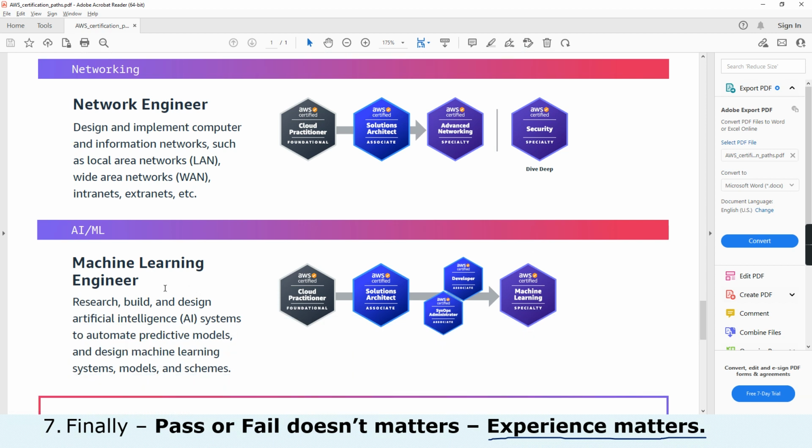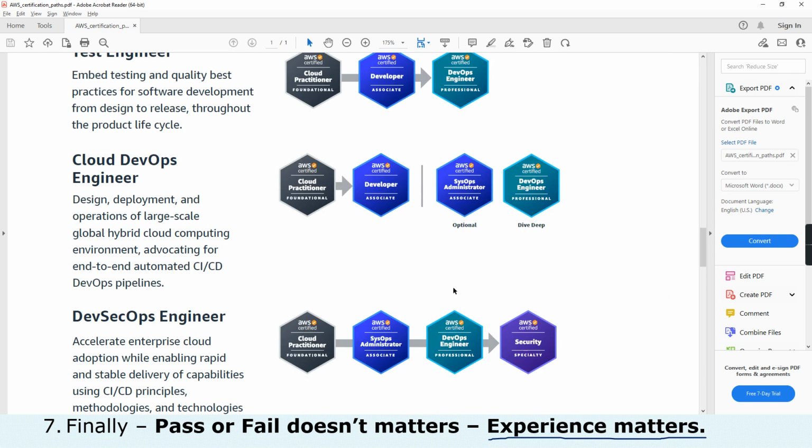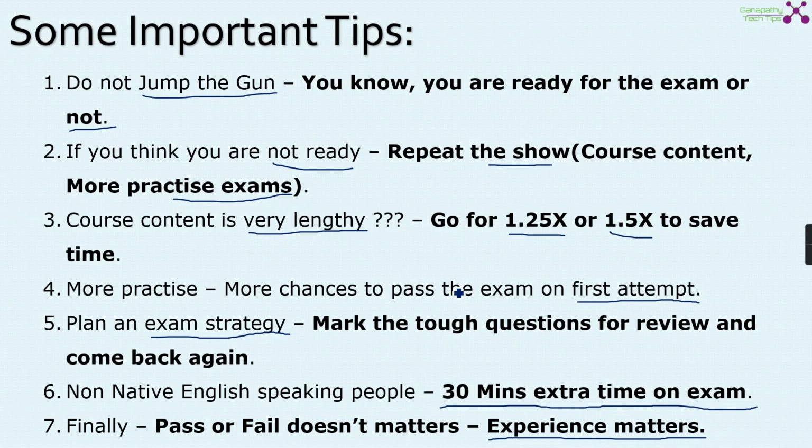Say if you are practicing machine learning in AWS, then Machine Learning Specialty will be your destination track. While going through that, you can utilize the Solutions Architect Associate, Developer Associate, or SysOps Associate as the bounding pillars. So you can build on it, and then finally you can sit for the Machine Learning Specialty exam. So these are all some specific good certification tracks released by AWS, which will be helpful for you to sit for the exam and have a proper track for you, right?